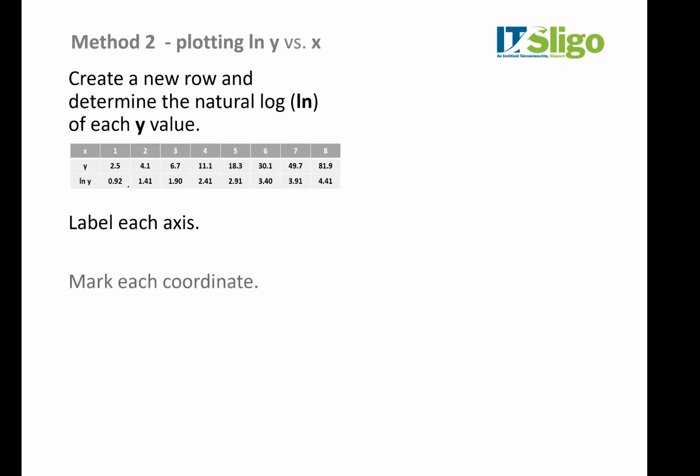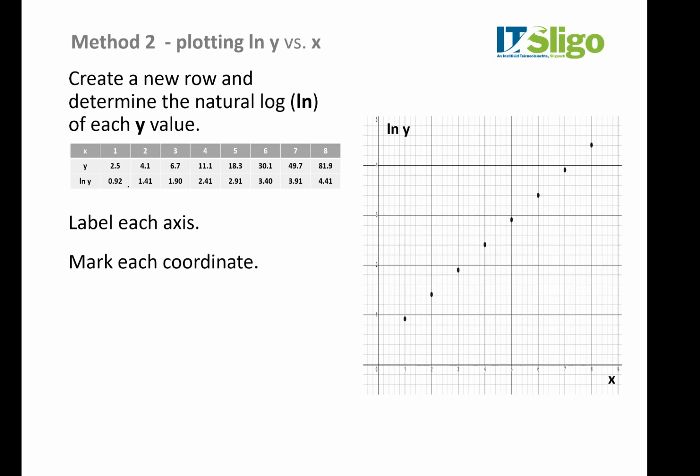Label each axis and mark in each coordinate. So here's my axes, natural log of y and x, and now I'm marking in 0.92. Then this 2 with 1.41, that's that point. 3, 1.9. So those are my coordinates that I'm marking in. Use a ruler,